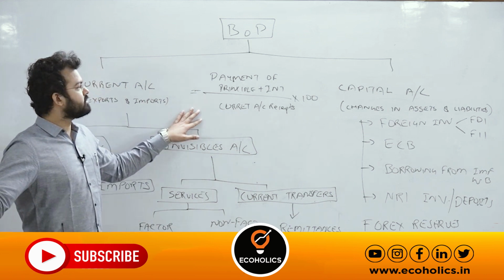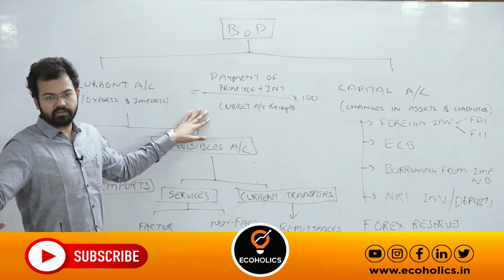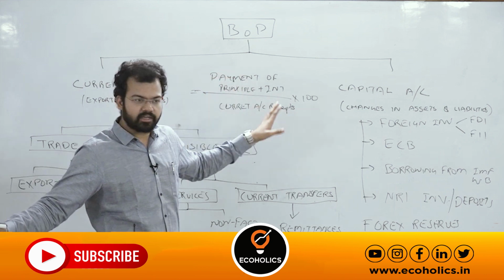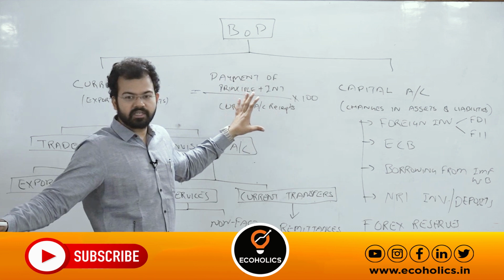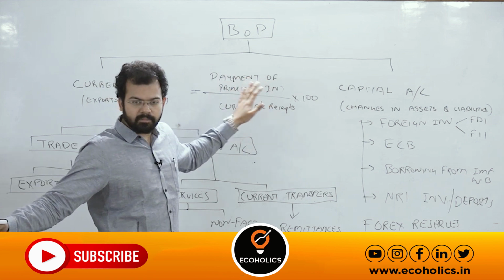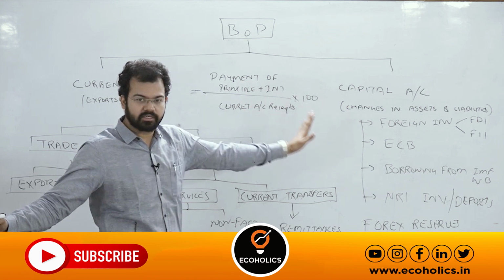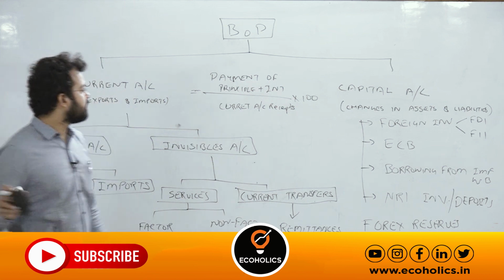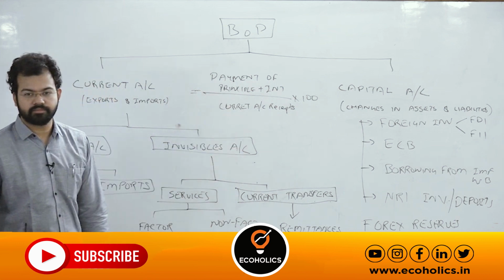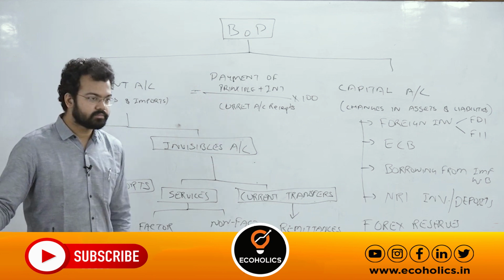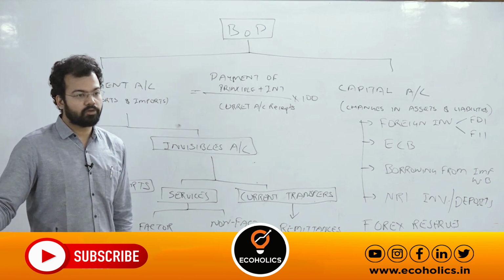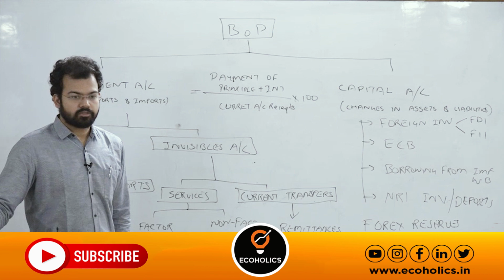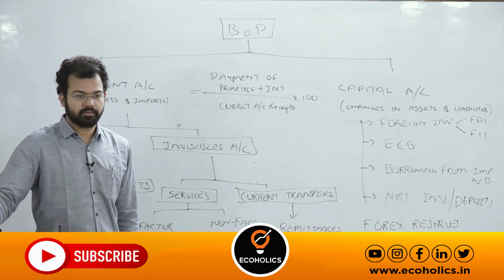So debt servicing ratio can come whenever they ask the question, the statement. This formula in any form, in the form of a statement, can come. But understanding with the help of this formula is easy. Payment of principal plus interest divided by current account receipts into 100. This is how you service your debt, how you repay. If your numerator is less and denominator is more, the figure will come below 100 or more than 100? Below 100. So it means your receipts are enough to repay that.